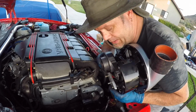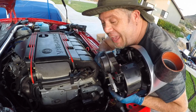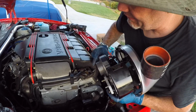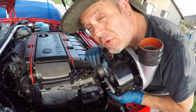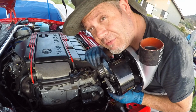So this is fun. The benefits of buying a used supercharger kit from a company that no longer exists, and having to source all the missing parts yourself. This plate is supposed to bolt to here with a double-sided collar bolt, and it did not come with that. So now I am left with